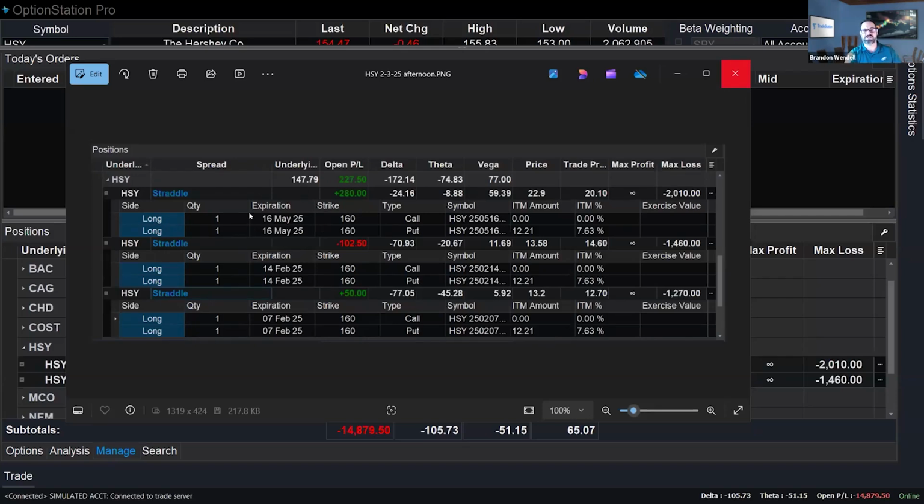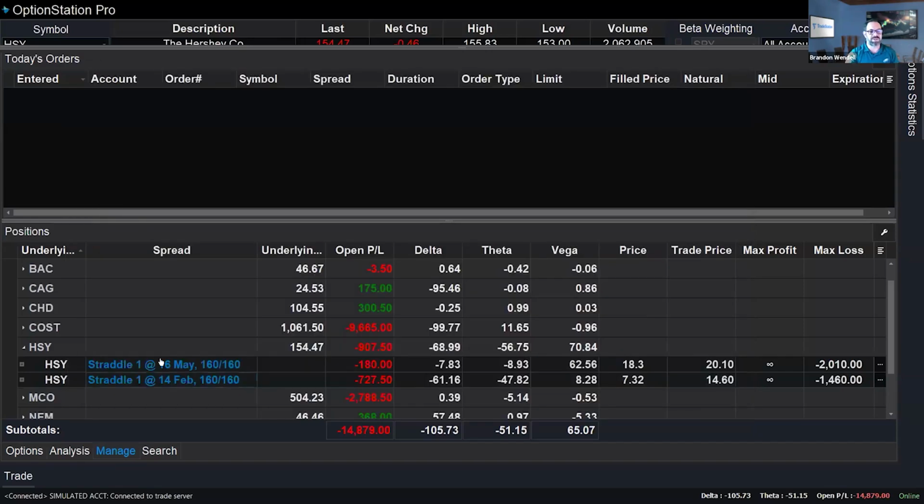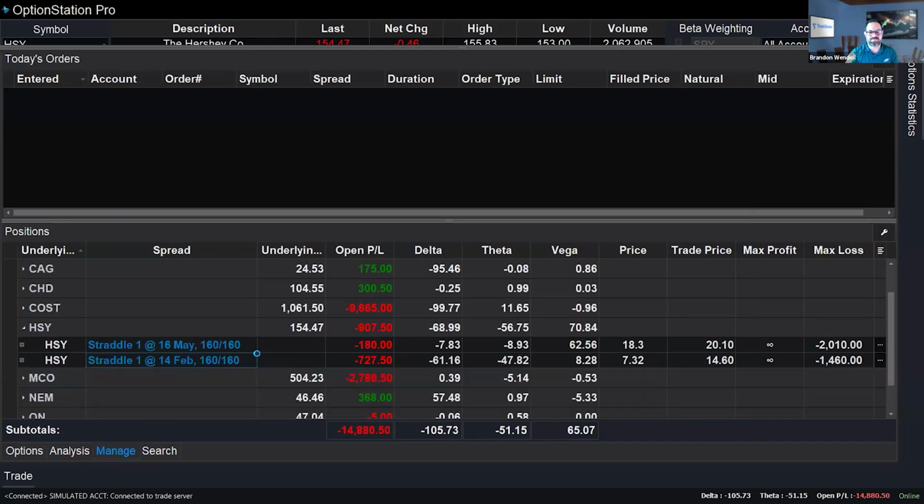I figured this one was going to give us the best return anyway for that opportunity because it has very little time exposure, which means if I close this out now, well, it's obviously a little late to get out now because it's gone negative. Not quite a bit, actually. You can still see $180 in downside. Meanwhile, the February 14th next week has almost over $700 of loss. And again, the reason is that volatility exposure and now time decay.